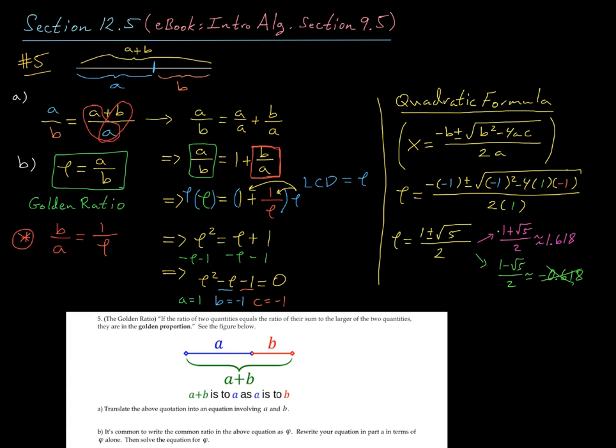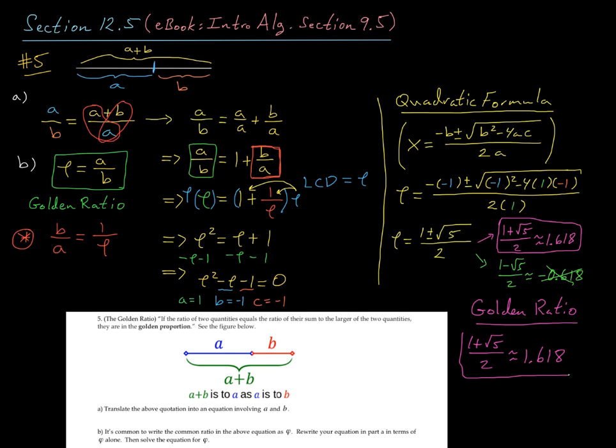So in fact, the golden ratio is this number right here: 1 plus the square root of 5, all over 2. And again, this number goes back to the ancient Greeks. At least some of them held this number in almost a mystical regard, and it was used, and still is used, in a lot of different areas, architecture,